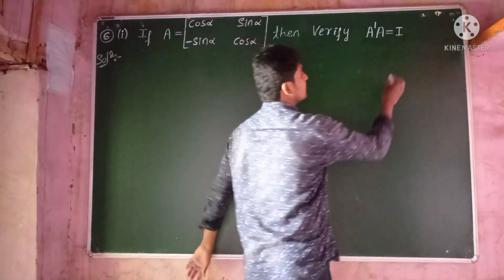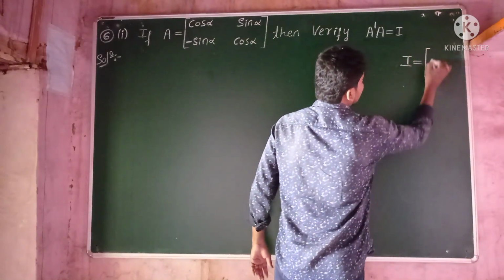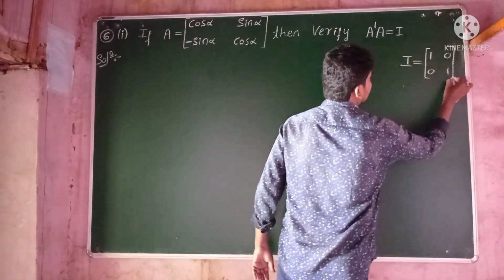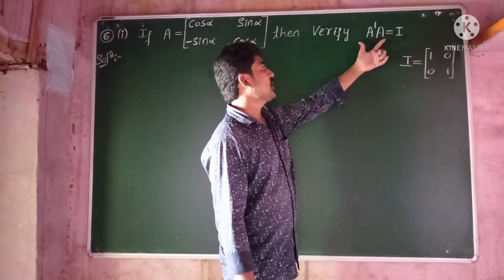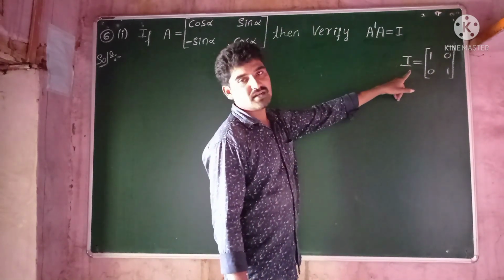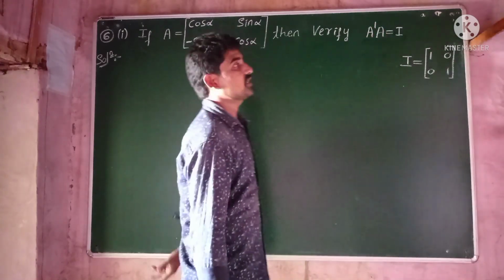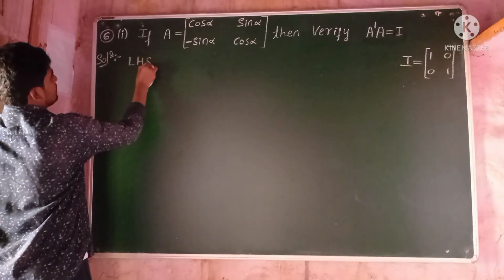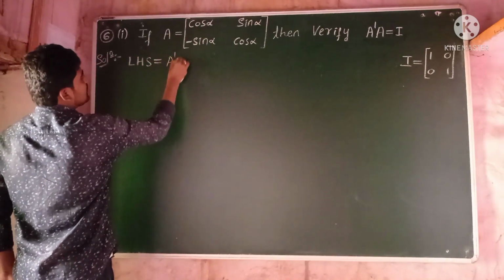So what is I here? Unit matrix of order 2 cross 2: 1 0 0 1. So we need to check whether the multiplication of these two matrices is equal to I or not. To verify this, let us consider the LHS of the given equation. So LHS is the transpose of the matrix A into matrix A,